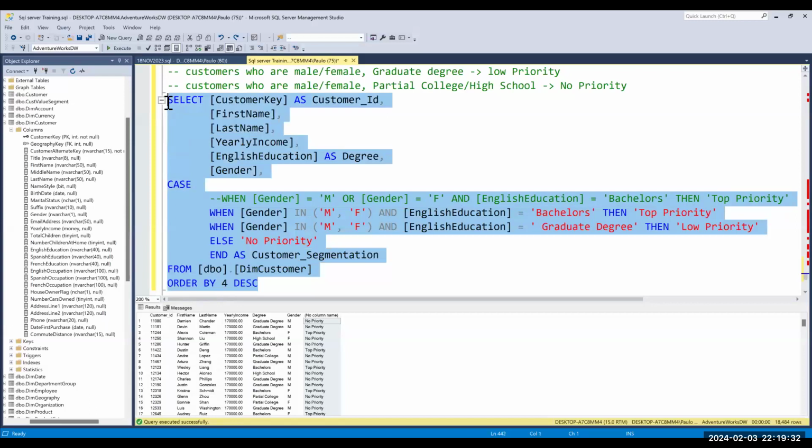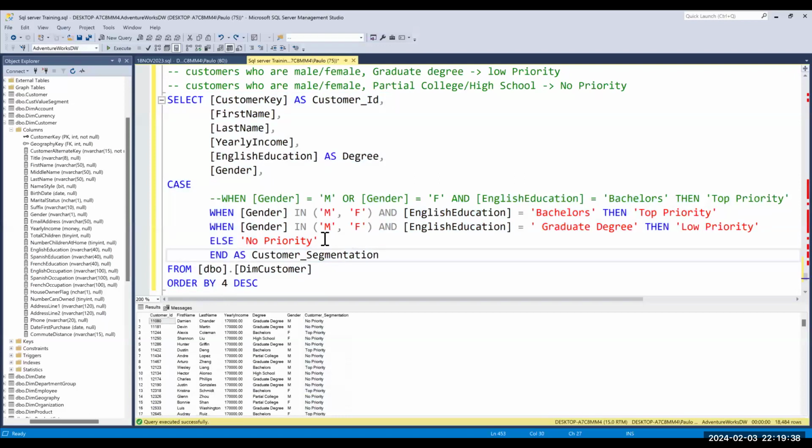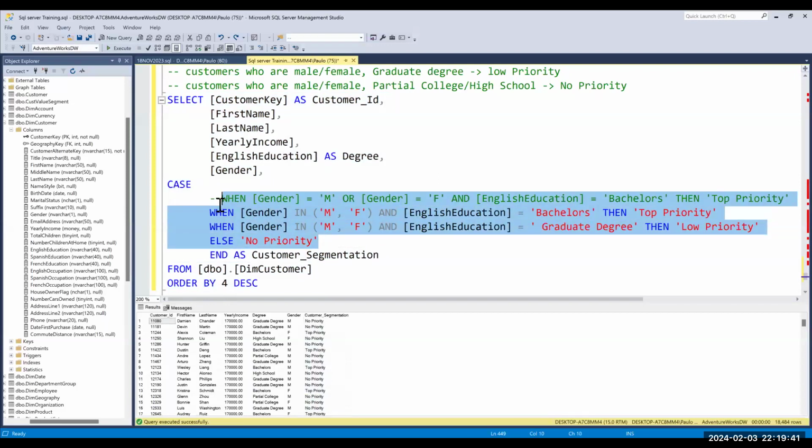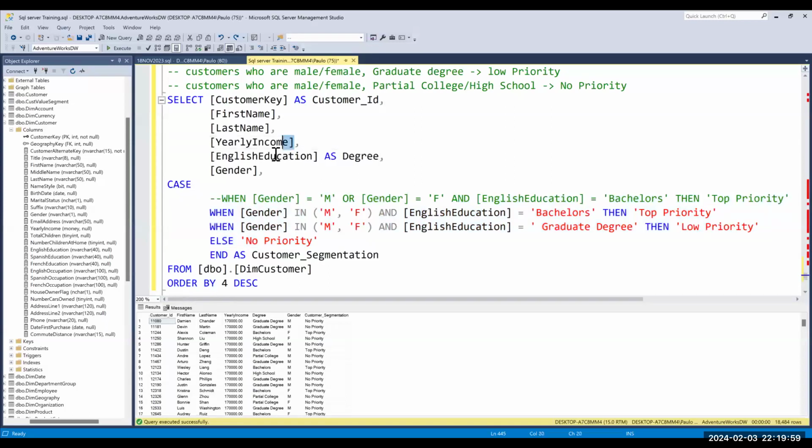Let me run it again. The name of the column itself is customer segmentation. All these are just to show an expression: if it meets our condition, meets the business rule first, then change it to top priority. If you put order by, let's say this is 4, this is 5, this is 6, this is 7. If you put order by 7,